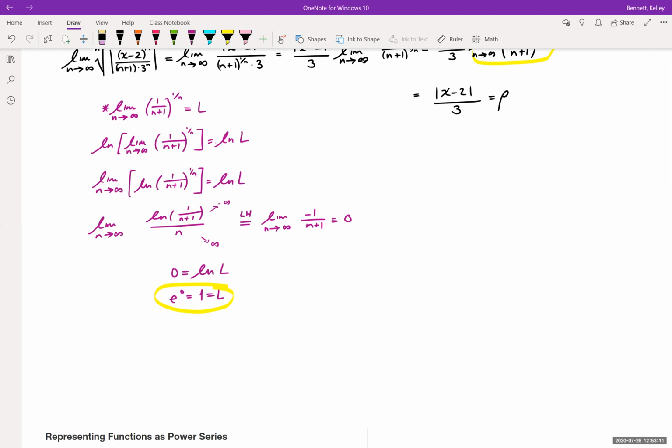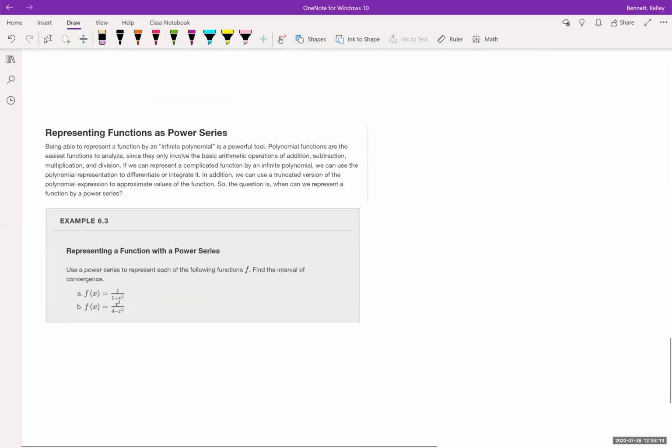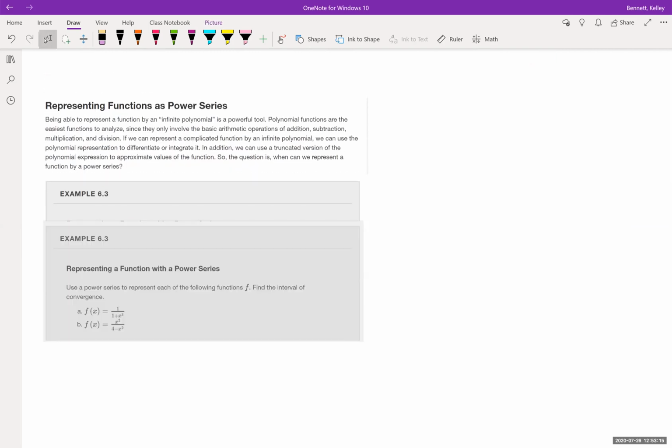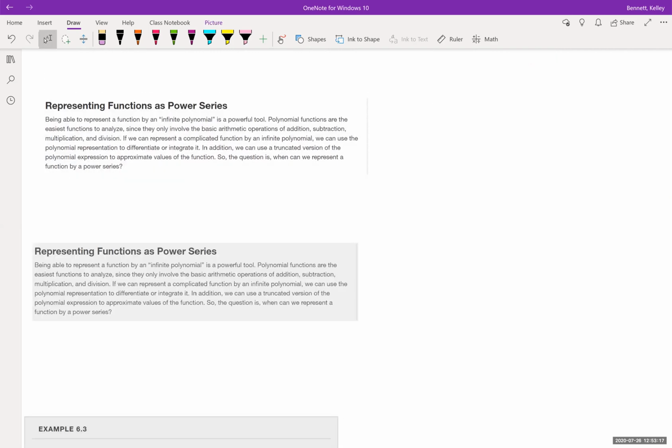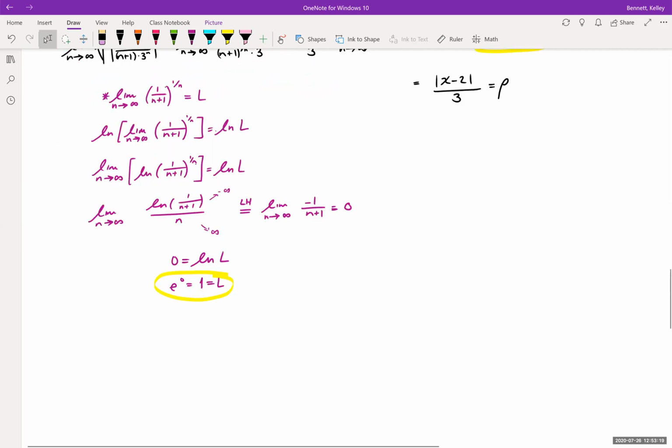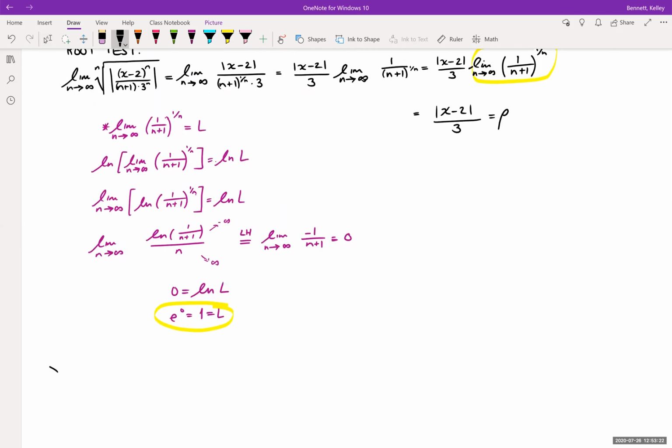We have 3 cases, I'll write them down here. My spatial planning was not great on this one. So our first one is that rho, which equals the absolute value of (x minus 2) over 3,